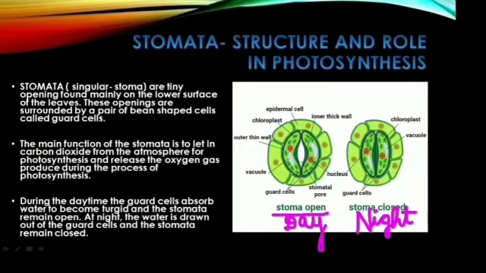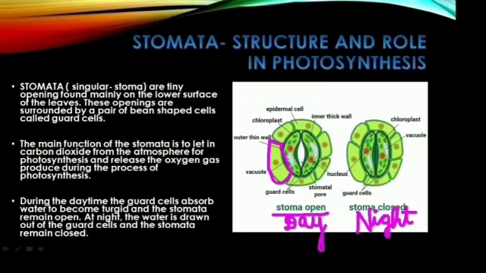That glucose becomes concentrated inside the guard cells. That means during daytime the guard cells are full of glucose. That means the concentration in the guard cells is comparatively higher than the concentration of the neighboring epidermal cells that surround the guard cells. Inside the guard cells there is more glucose; outside, inside the epidermal cells, there is more water but less glucose. This is the condition, children.